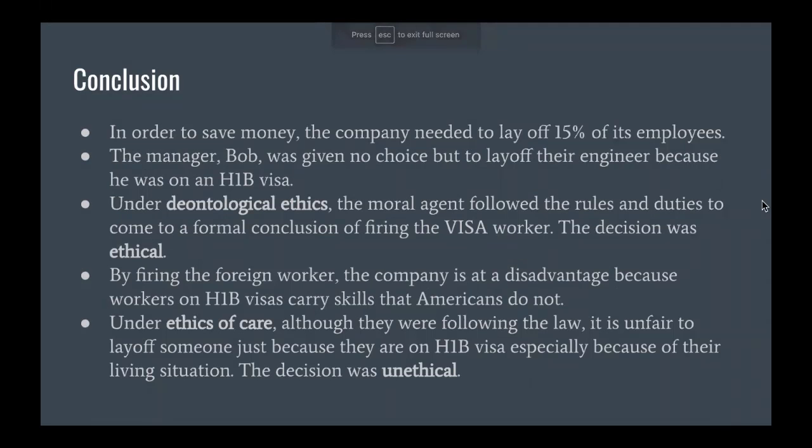Thanks, Liam. For our conclusion, in order to save money, the company needed to lay off 15% of its employees. The manager, Bob, was given no choice but to lay off their engineer because he was on an H-1B visa. Under deontological ethics, the moral agent followed the rules and duties to come to a formal conclusion of firing the visa worker, so the decision was ethical.